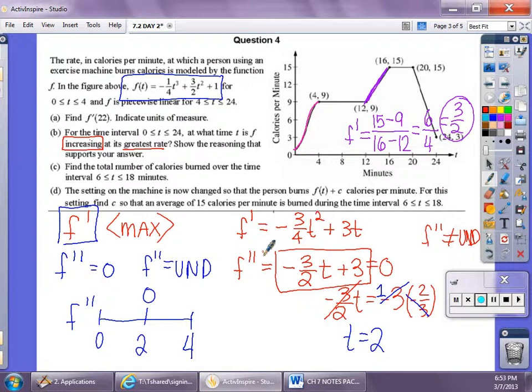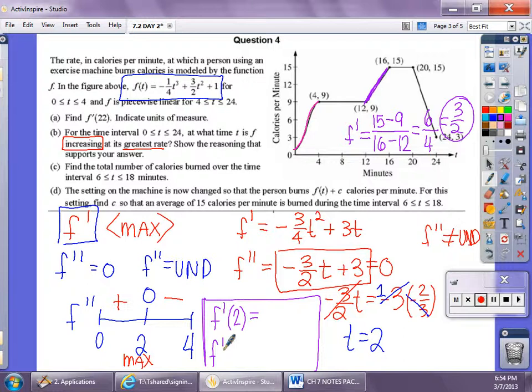And if I substitute in the value 1, we end up with a positive value, but if I substitute in 3, we get a negative value. So you're guaranteed that this is a max. It actually wouldn't have even mattered because in the end, we're just going to compare values. We want to find the maximum f prime number. Therefore, to find that, I would have to find the f prime number at 2 because we already know that